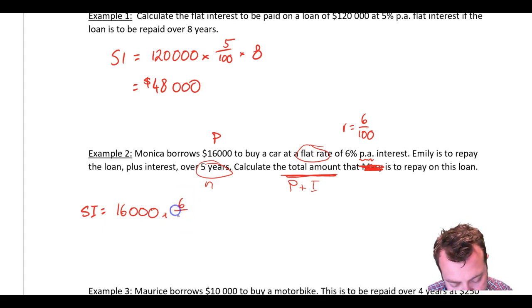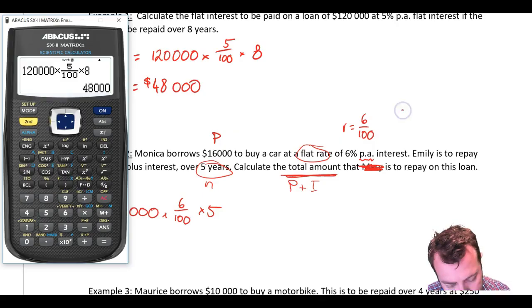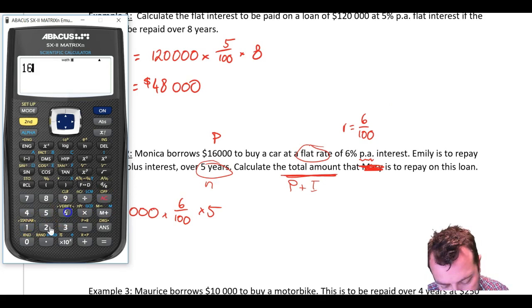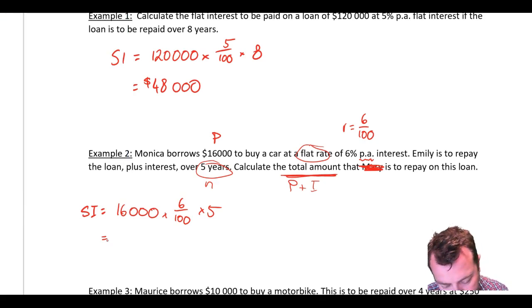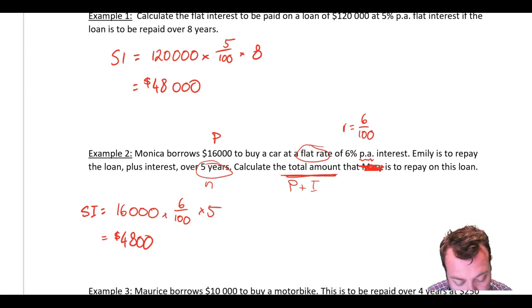times 6 over 100 times 5, and that's equal to, calculator, right, 16,000 times 6 over 100, arrow across there, times 5. So our interest is $4,800. But that's not what we repay. We've got to pay the interest